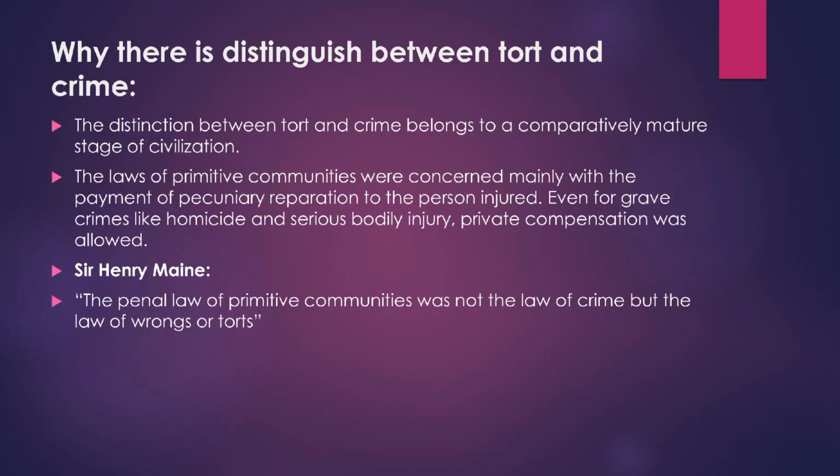Why there is a distinction between tort and crime. The distinction between tort and crime belongs to a comparatively mature stage of civilization. The laws of primitive communities were concerned mainly with the payment of pecuniary reparation to the person injured. Even for grave crimes like homicide and serious bodily injury, private compensation was allowed. Sir Henry Maine: the penal law of primitive communities was not the law of crime but the law of wrongs